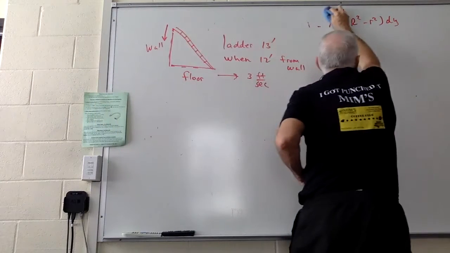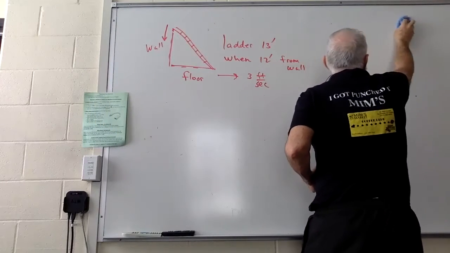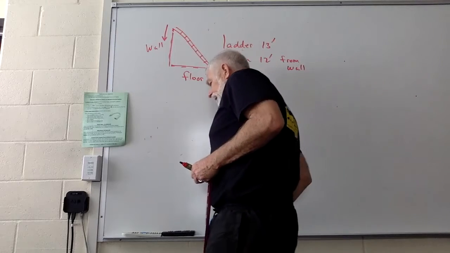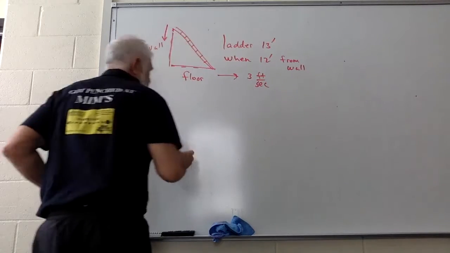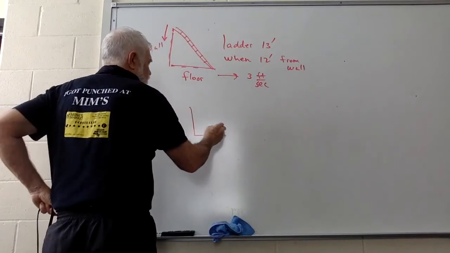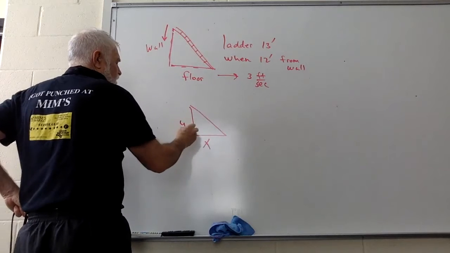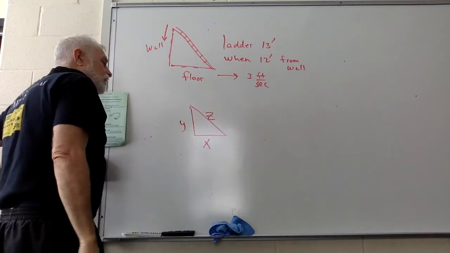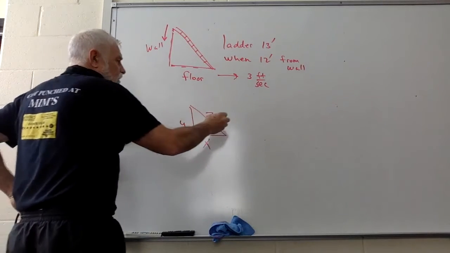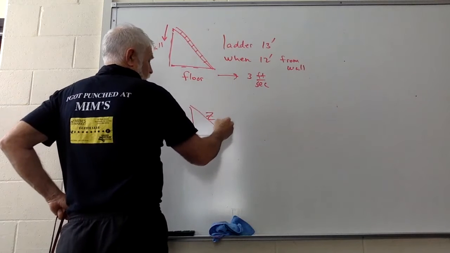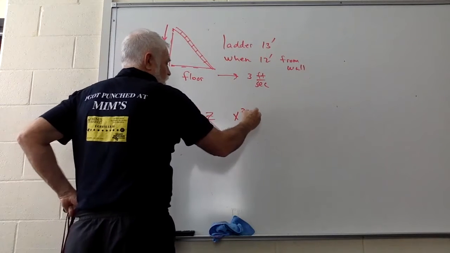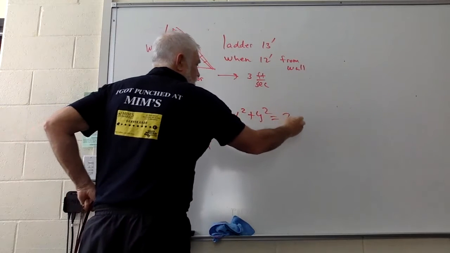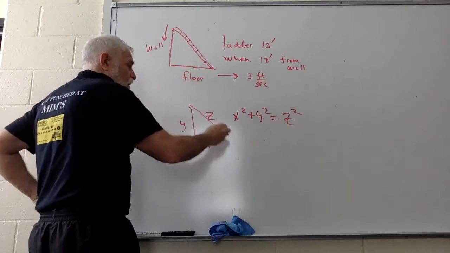Let me erase this. All right, so you're trying to look at it. Well, first thing you want to do is set up a little geometric relationship. Let's call that x, y, and let's call that z. Let's put this thing in motion. That means x squared plus y squared equals z squared is the geometry of the situation. Putting it in motion gets us